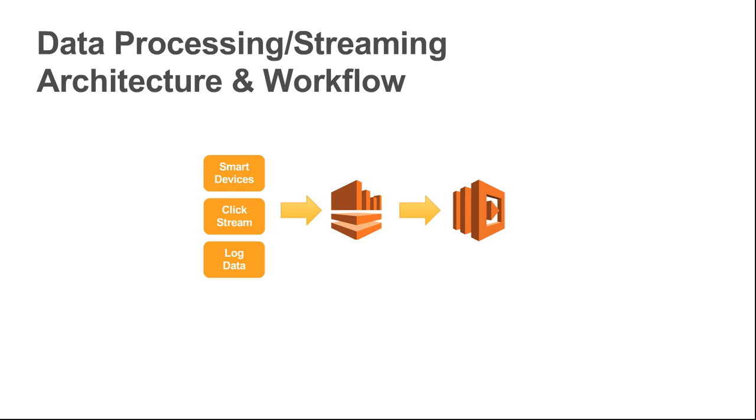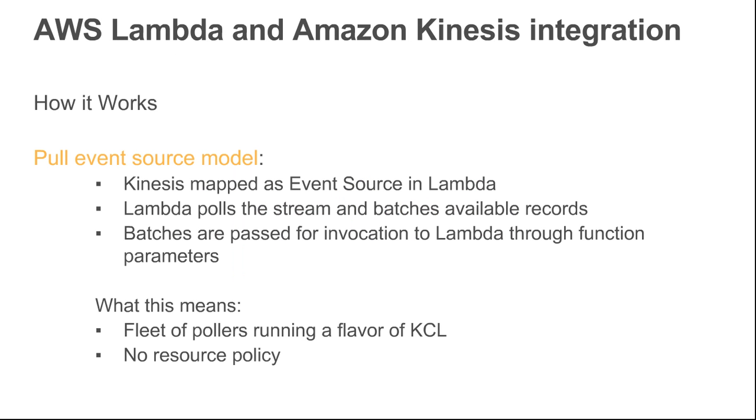This also includes DynamoDB streams, and today we're going to give an example for Kinesis. How it all works for streams and Lambda integration is that it's based on a poll-based event source model, that's to say Kinesis is mapped as an event source in Lambda. So you use APIs on the Lambda side called create event source mapping or update event source mapping, and through this configuration you create an event source